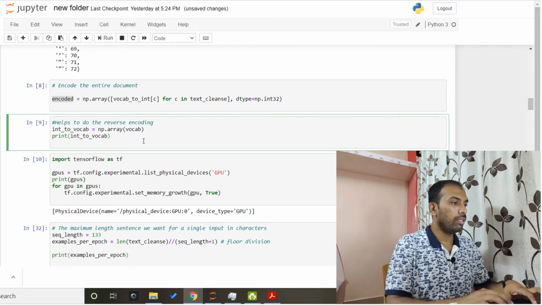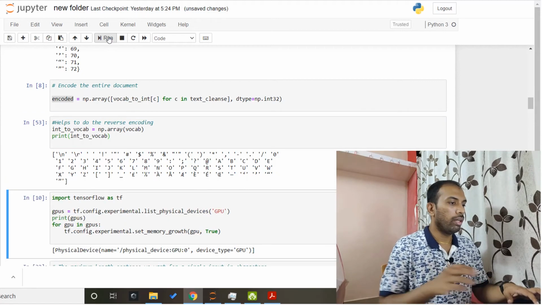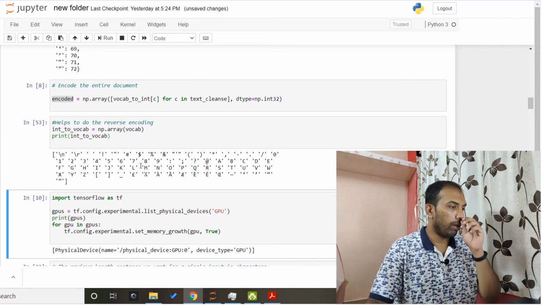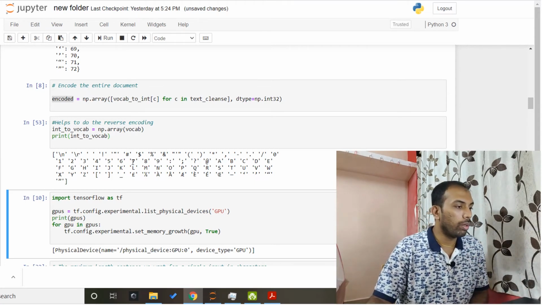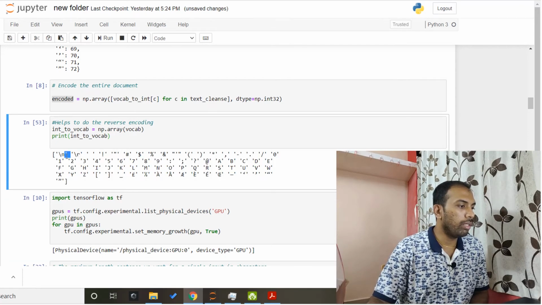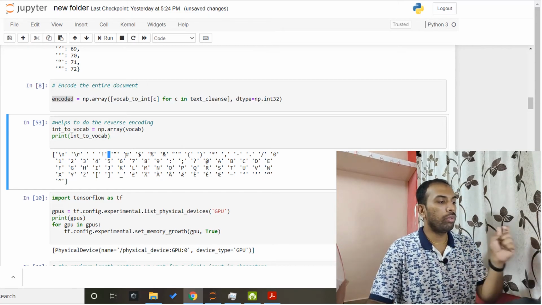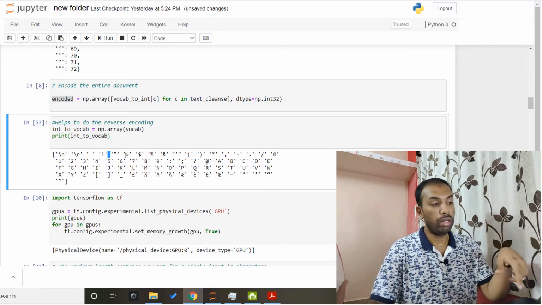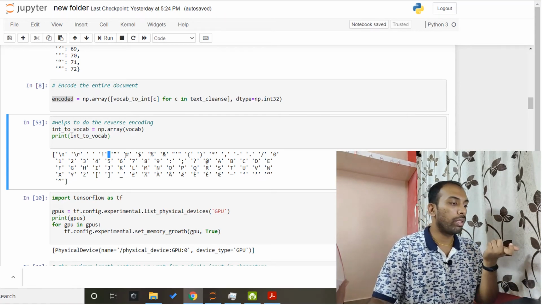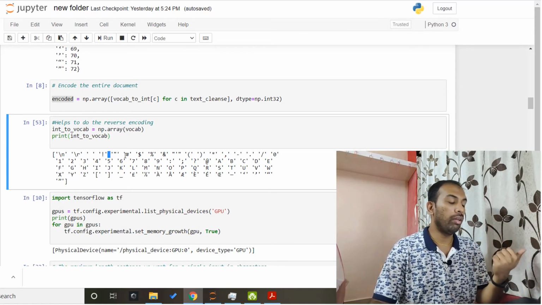It creates an array which helps in the reverse encoding. Every element in that array is the first element, the second element, the third element, and if you want to refer to a particular element, you refer to it by a number. That's how it helps in decoding, the reverse of encoding.